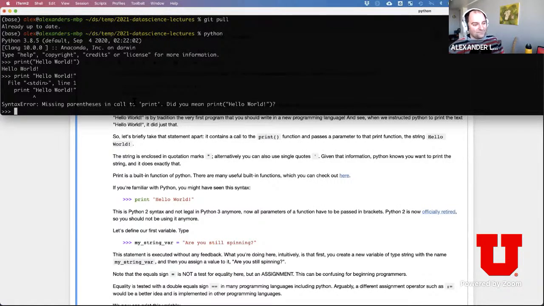Okay, I've called a function, I printed it. Now let's define a variable. I can say I want to create a new variable, my string var, and then I want to set it to